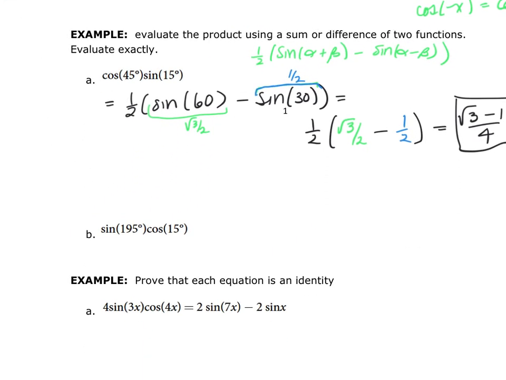So on B, what I'm going to do, because I have a sine and then I have a cosine, the formula that I'm going to use to write this as the sum or a difference is going to be 1/2 the sine of alpha plus beta, and then it will be plus the sine of alpha minus beta. So this is going to be equal to 1/2 the sine of